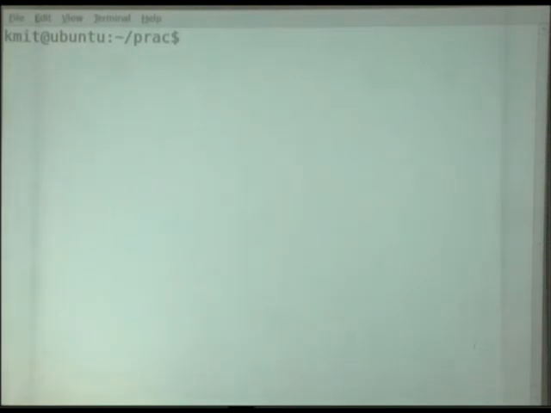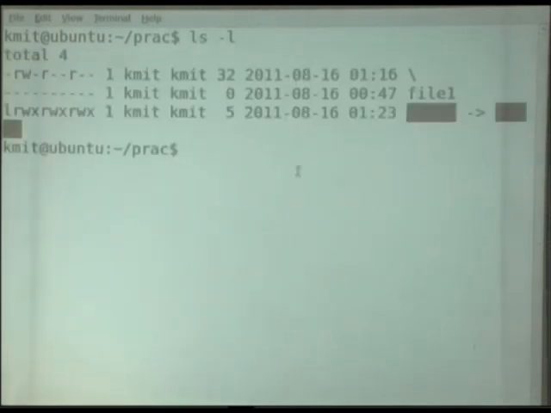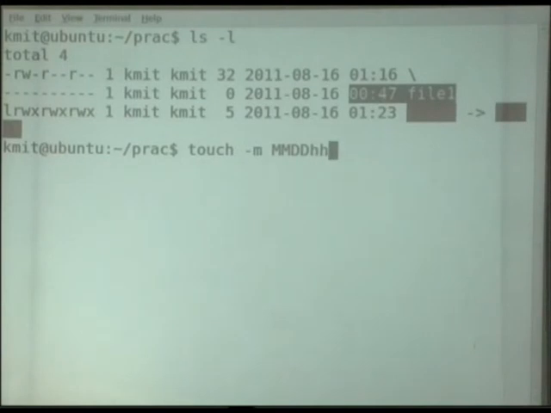Now, as I have told you, when we give ls option -l, it also gives us a timestamp. There are 3 different types of timestamps. We can also change these 3 different types of timestamps with the help of the touch command. If I write option -m, then it is for last modified time. Option -a is last access time. If I have not used any option, as we have seen in the previous videos, by default it changes the default display timestamp. So now the format is here. I have to give month, day, hour, minute. This is the format. I have to give.